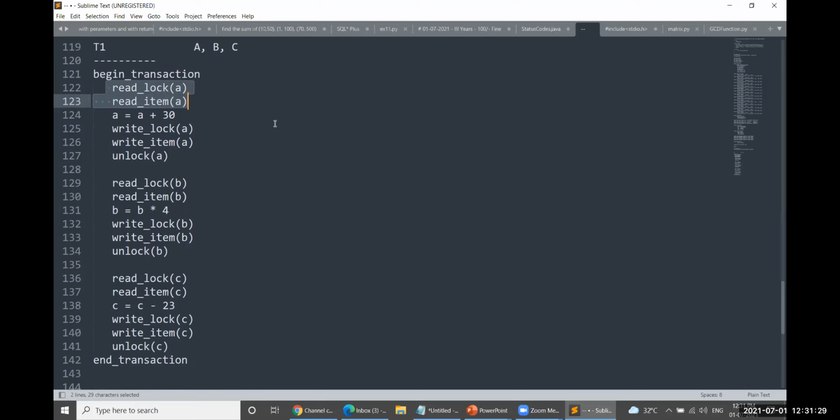Strictly two-phase locking. First of all, we would like to discuss two-phase locking here. Two-phase locking uses the two-phase locking protocol.